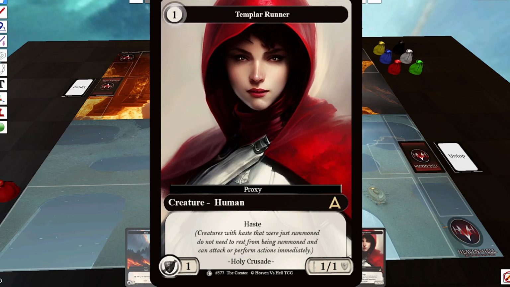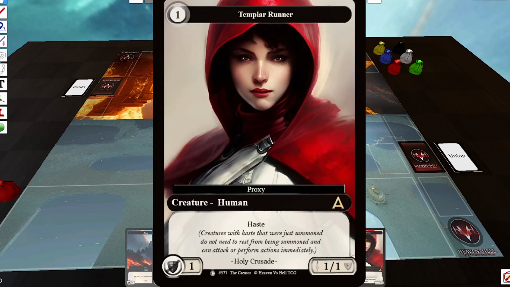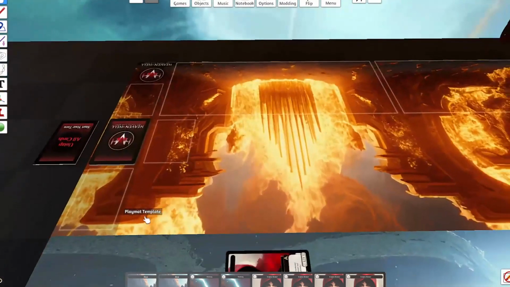But if a creature has haste, it can come onto the battlefield and attack the same turn, and it does not have to rest. So the casting cost of the Templar Runner is 1. We have 1 land, so we're going to tap the land, play the Templar Runner, and then attack for 1. So we're going to do 1 damage to the opponent,